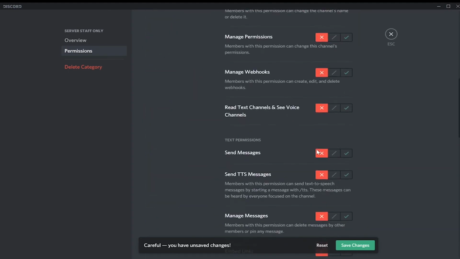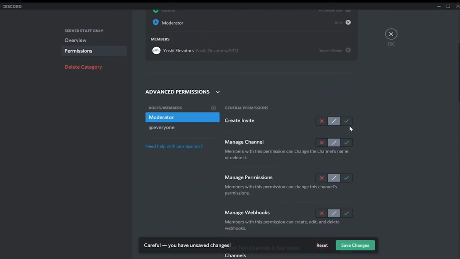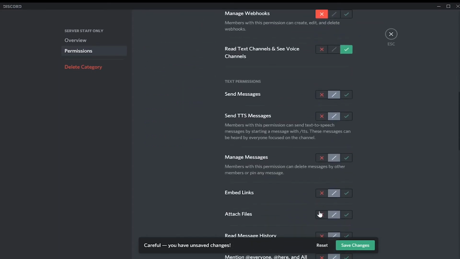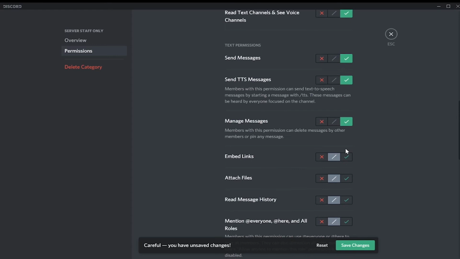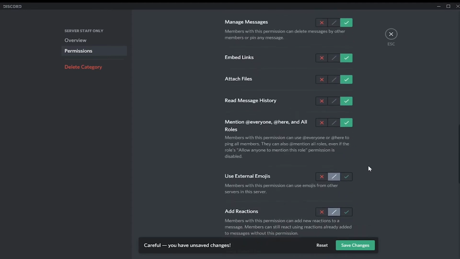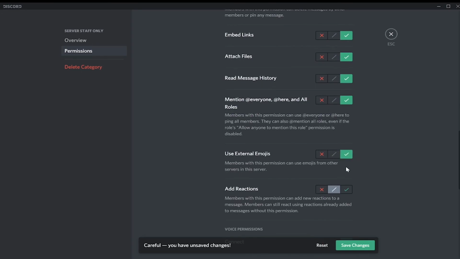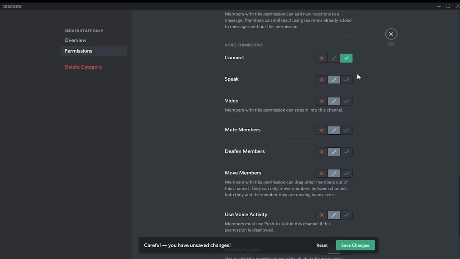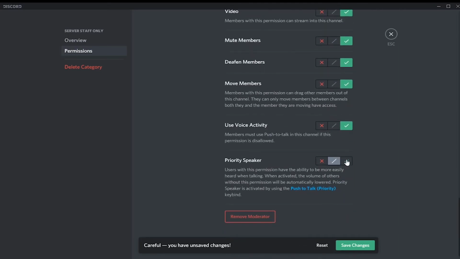And then after you do that, go to your moderator role, then tick create invite, manage channel, manage permissions, manage webhooks, and then check these rather: manage messages, embed links, attach files, read message history, and mention everyone here in all roles, external emojis, add reactions, speak, video, mute, deafen, move, use voice activity, and priority speaker,